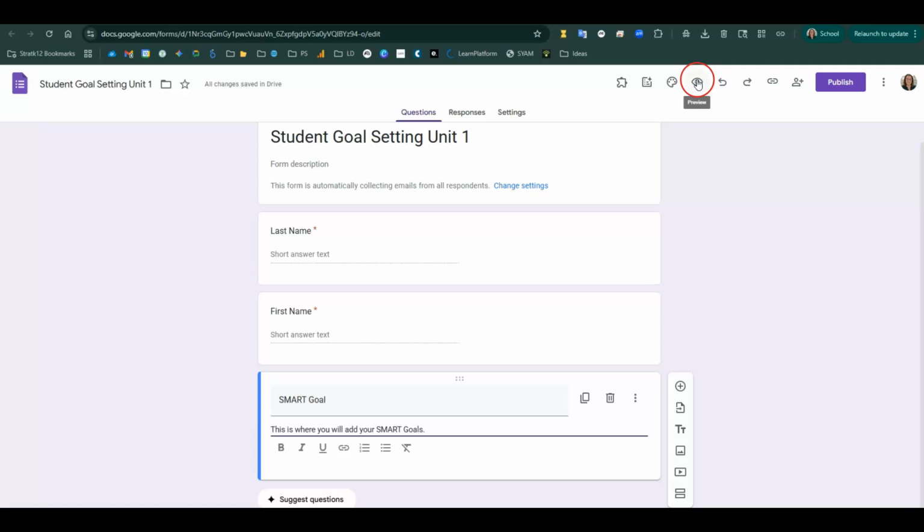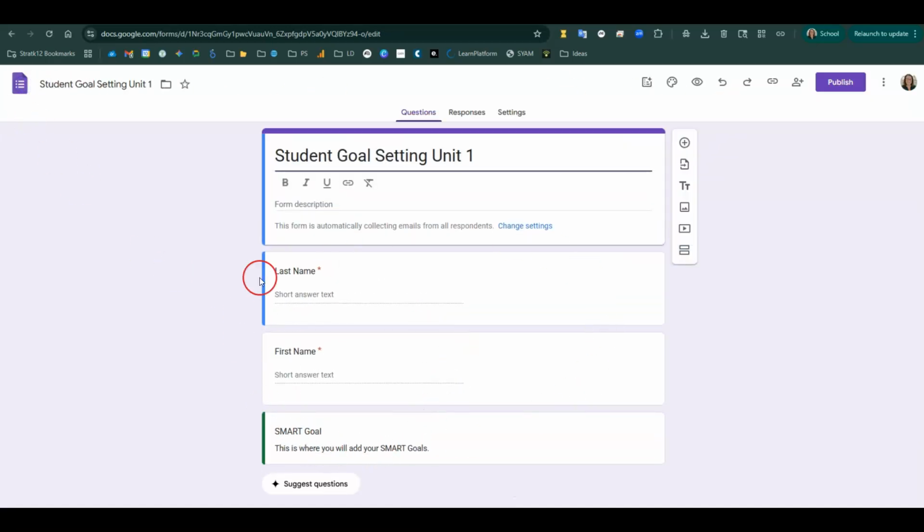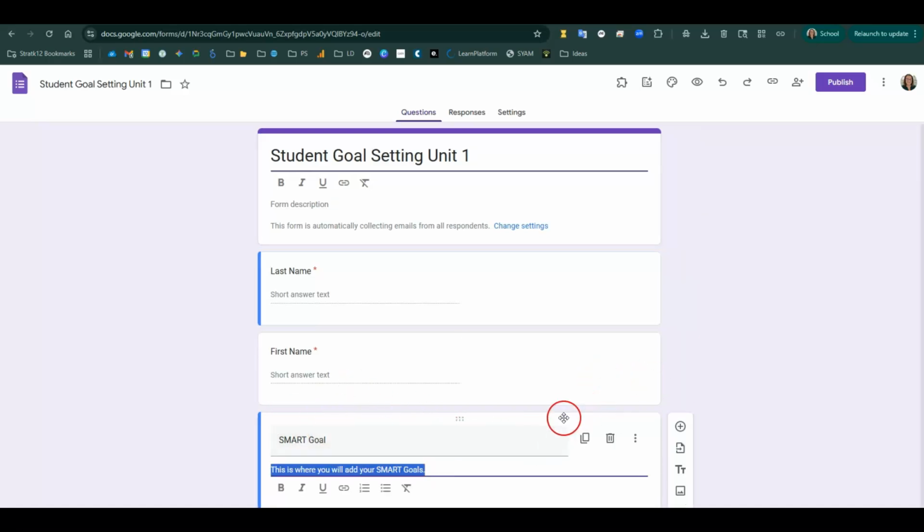Let's come up here. We can preview it. It's going to show up in my form as just a place here that shows them that that's the next thing they're doing. Let's go back to preview mode. So this is back in where I'm creating my form. And we're going to go ahead